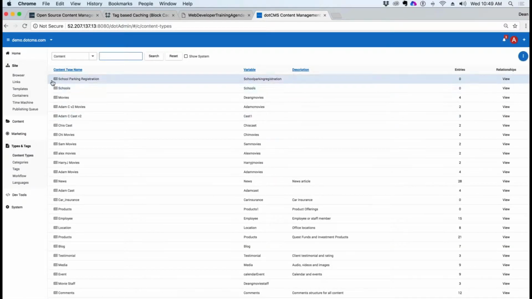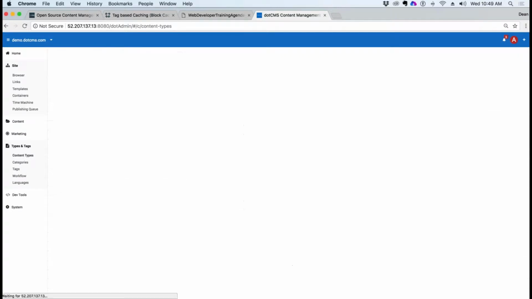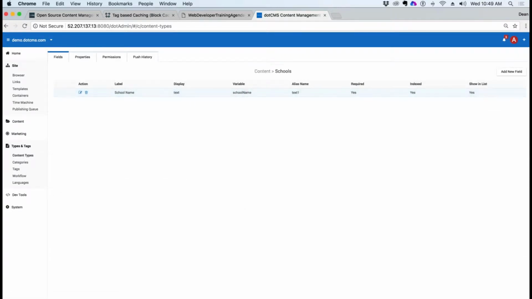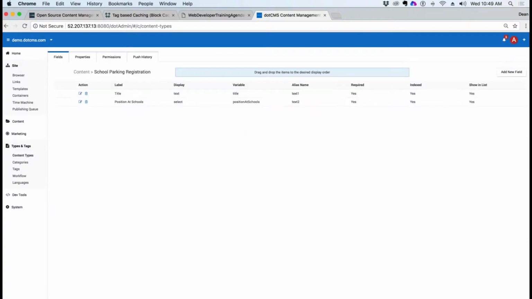So if we look at content types, there are 2 different content types. One's called schools. That's just a one-word school name text field. That's it. And then the other one is school parking registration. And then it's got title so far, a position at the school, and then we're going to add 3 custom